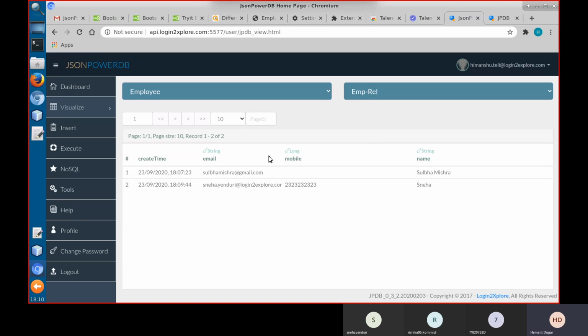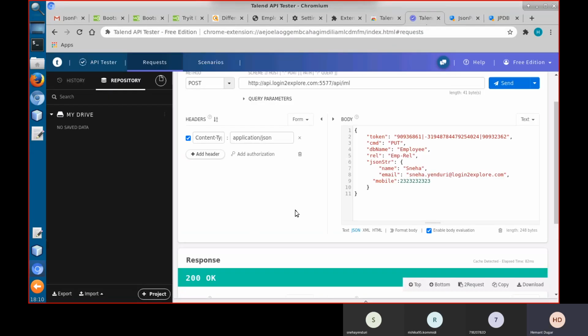This key symbol says that data is indexed. The important feature of JSON Power DB is that every data is indexed. So by default, all these columns are indexed. So this is how you can insert data in the JSON Power DB using Talend.